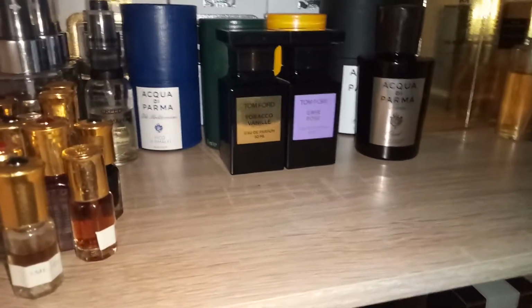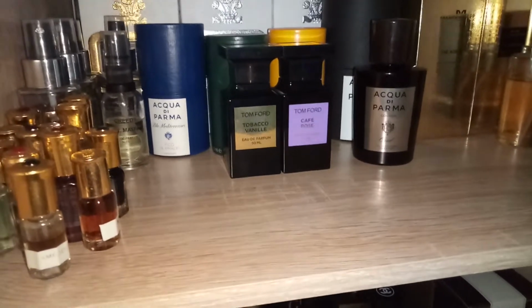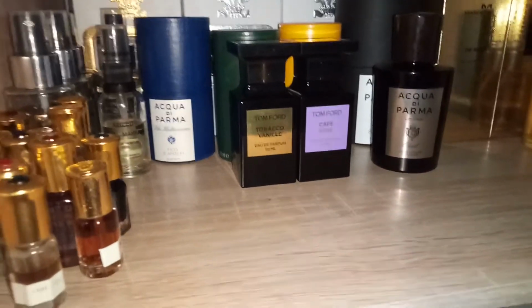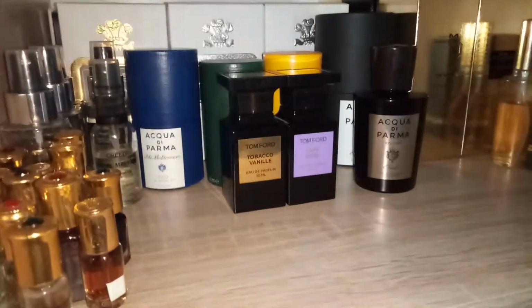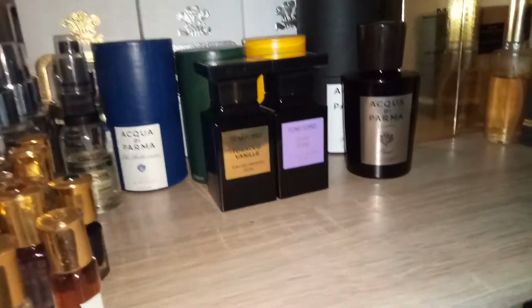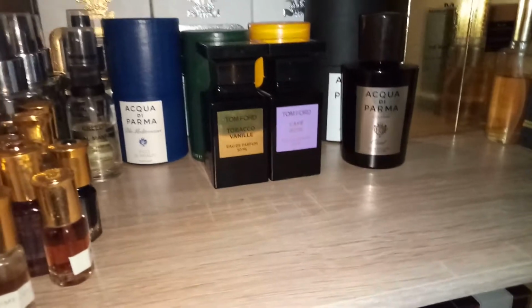Tom Ford, I'm definitely done with Tom Ford. I know this is probably not going to go down too well, but I think Tom Ford is completely overrated. Completely overrated. When you bear in mind, at retail, these are the same price as Creed. Who in their right mind is going to pick a Tom Ford over a Creed when it's exactly the same price? Come on now. Tom Ford's alright, but